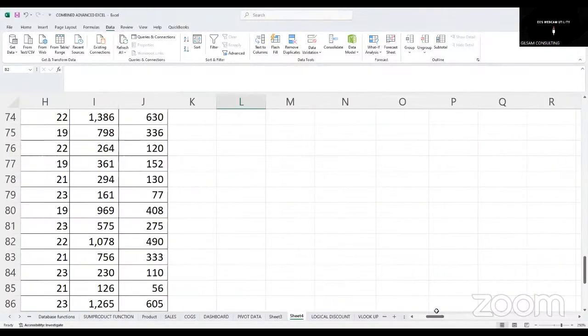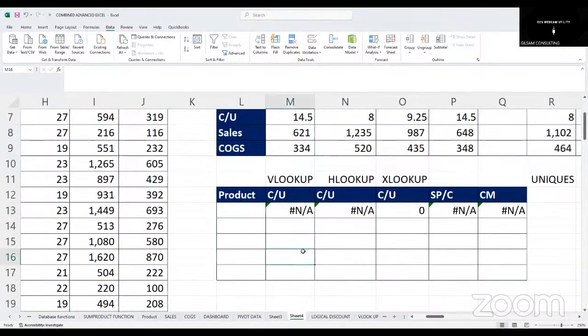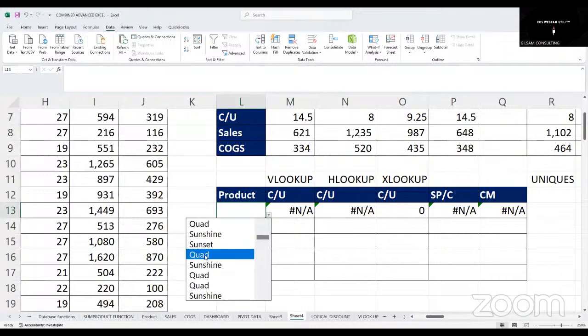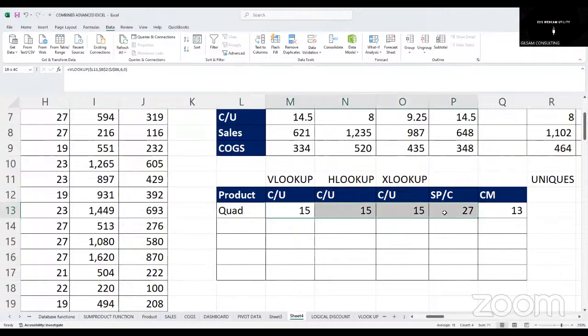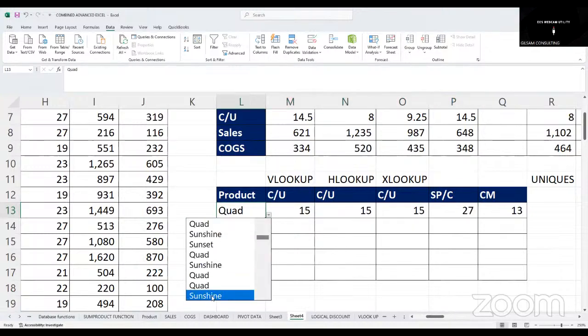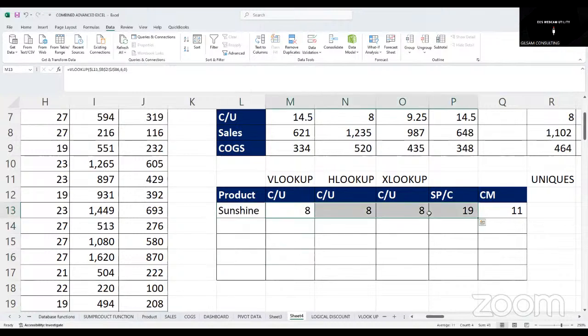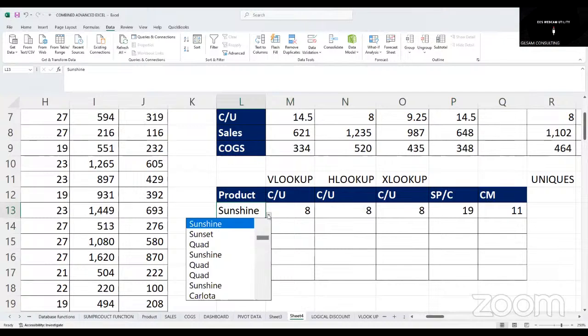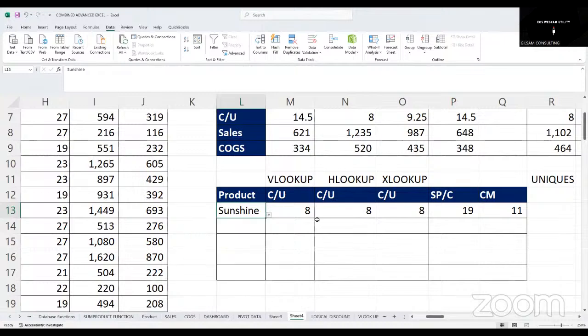So each time I want to know the unit cost for a certain product, I will come here and select that product. If it is gut, I will get everything here. If it is another product, gut or sunshine, I will select and get everything for sunshine here. So you can see that VLOOKUP will enable you to extract, or the purpose of it is to extract the specific item or the specific cost you are looking at in your database. A good example here, you are working